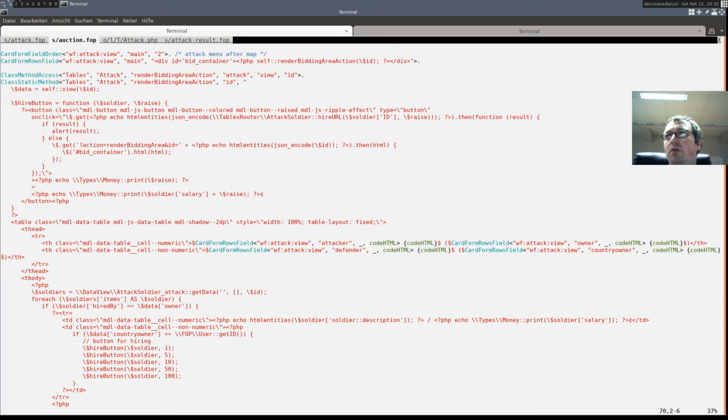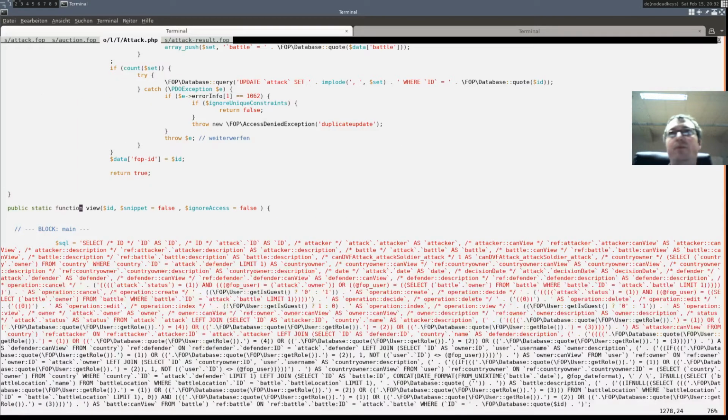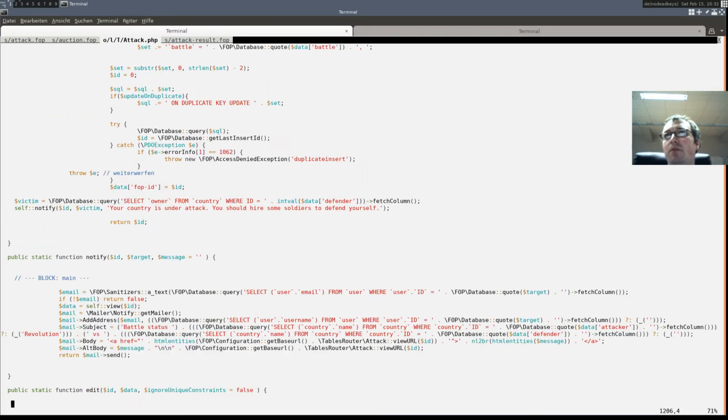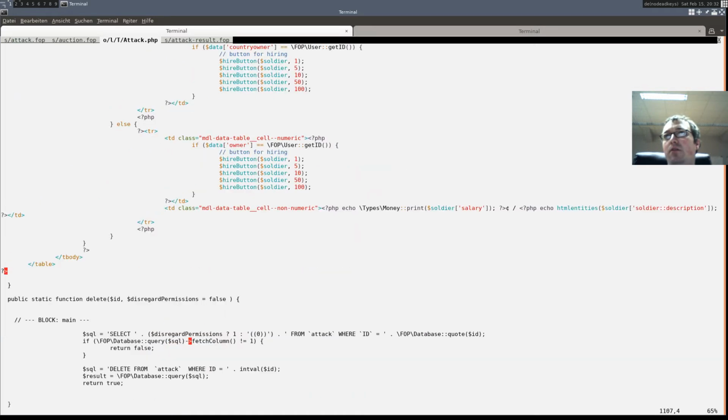PHP open, PHP tags closing. Maybe some mismatched closing PHP tag for some reason. So this is our function view, and somewhere above this there must be something that closes a PHP tag without reopening it.